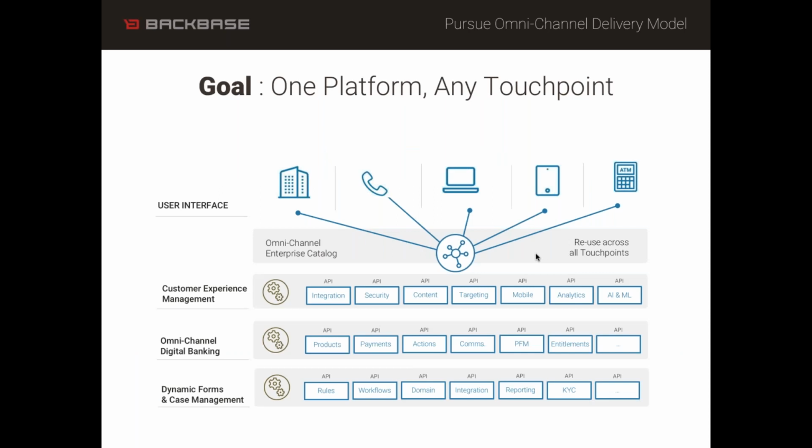All right, so I guess then the end goal, and what you see here is, of course, a picture that is very close to the Backbase platform. But in general, I think forget about Backbase, forget about our technology. What is really required in the future is to go for, in the end state, one platform that can interact with any stakeholder on any touch point. So what you see at the top, of course, you see the different user context or the touch points, and then you basically see kind of a number of layers. And in these layers, you have engines.